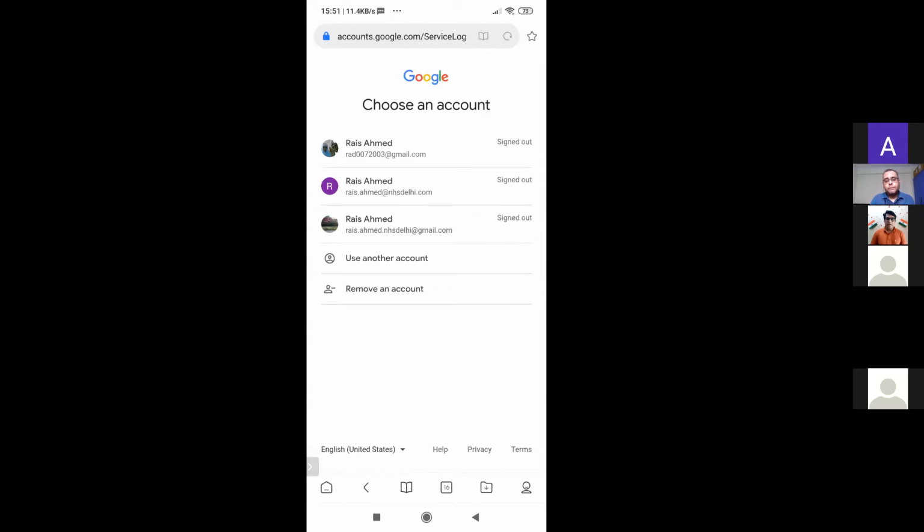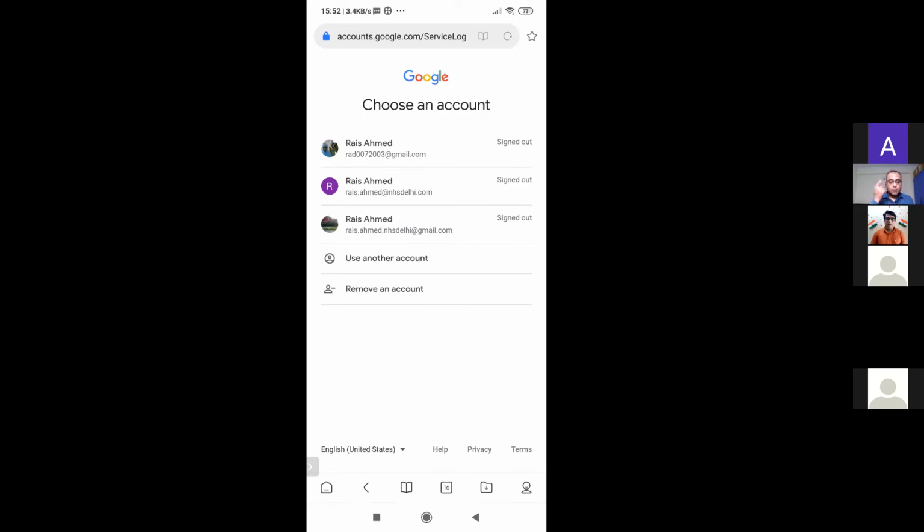Now, even if you are using your parents' device, it is not going to affect their regular Gmail app. Only in the browser, your account has to be set, so that when you open the forms, the error of permission should not occur. So the default Gmail is not going to be affected in any way. So even suppose your parents say, my Gmail will go away, this will happen, that will happen, you can tell them, Papa, please relax. It is not going to happen.